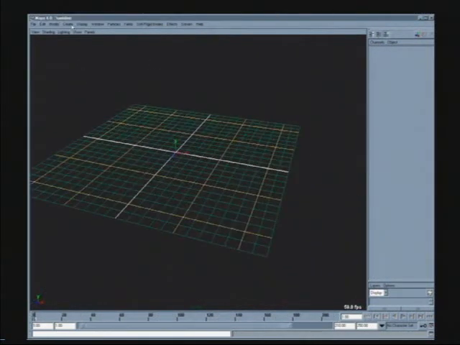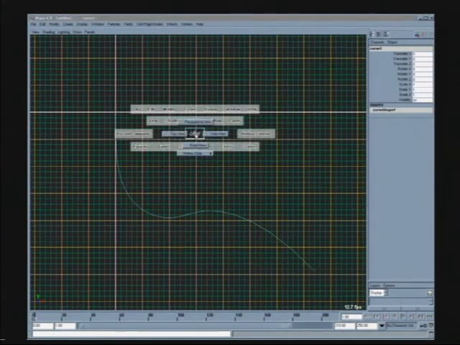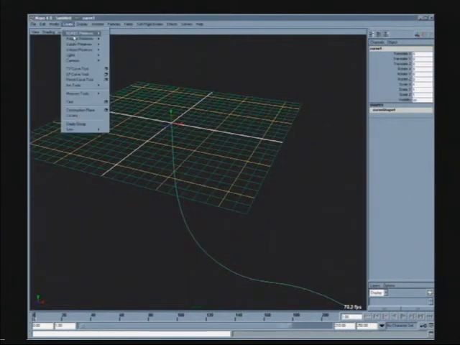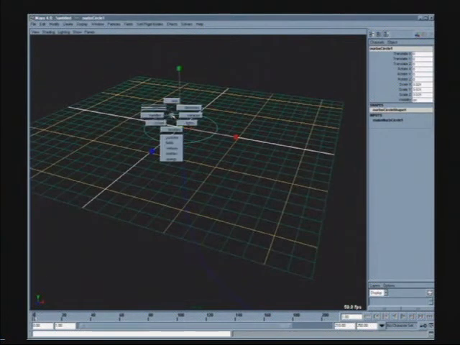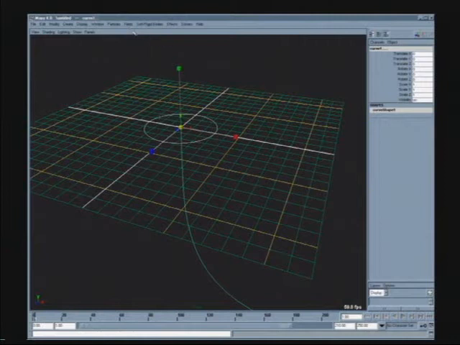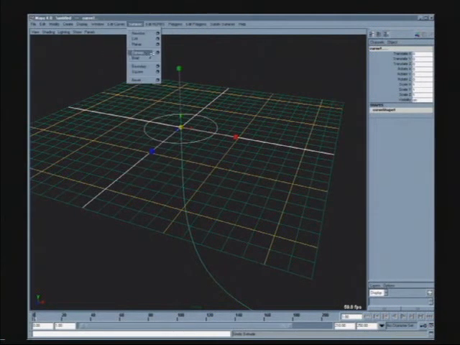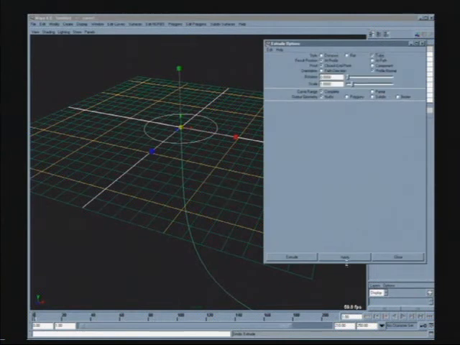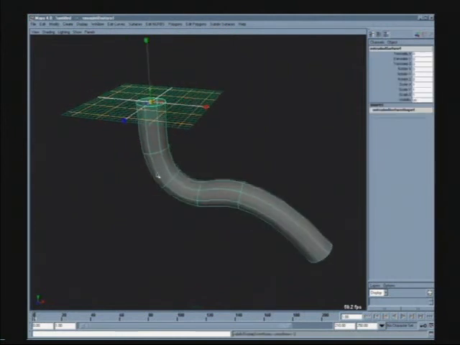And what I'm going to do is I'm going to create something quickly where I just, let's say, have a curve, and then what I'm going to do is extrude a circle along that curve to make a NURBS object. And so I'm going to go in and take the circle, take the curve. In modeling mode, I'm going to do an extrude. And let me change the options for extrude so that it extrudes a tube. And then I'm going to go in and delete my curves so that I just have this NURBS piece of